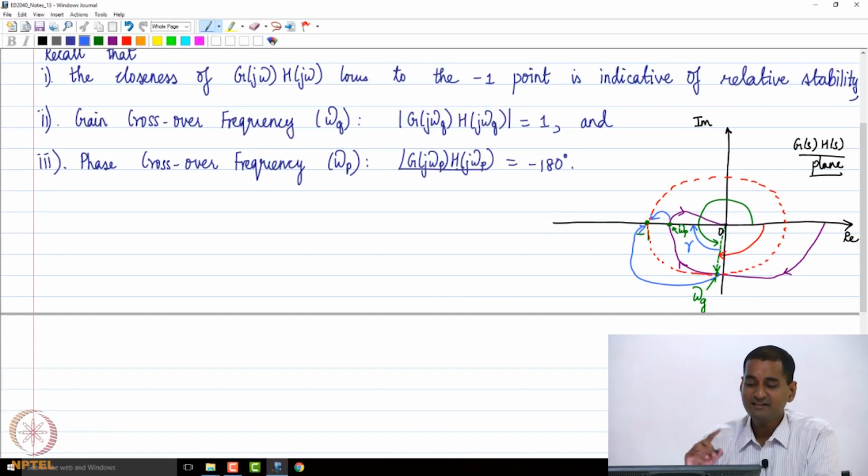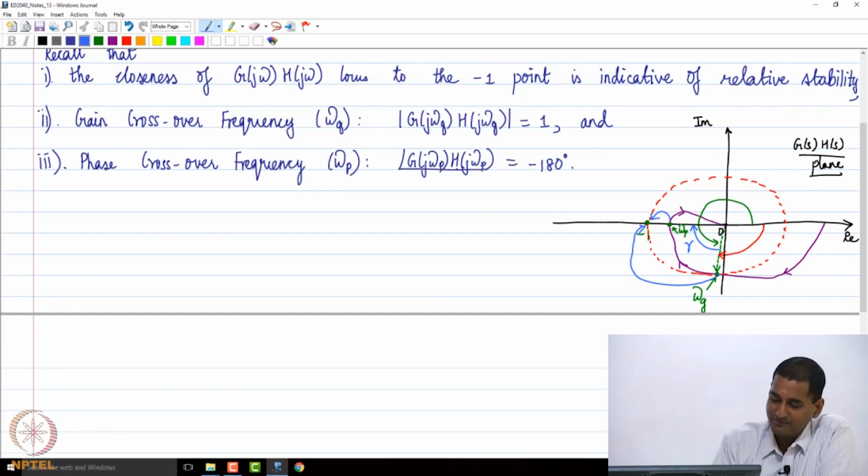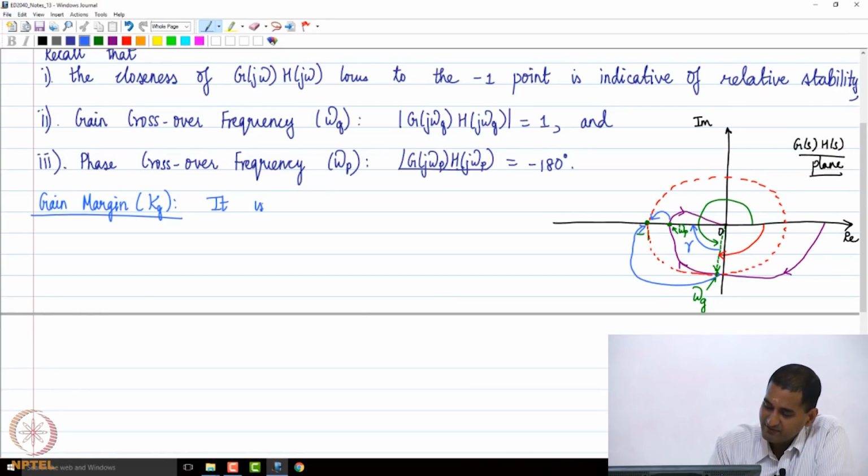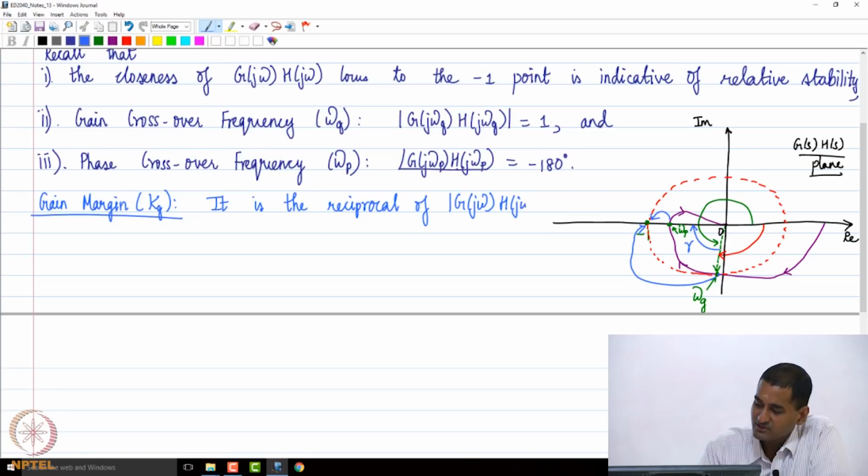So, this leads to two definitions. That is what I am going to write down. We will refer to this figure once again. So, the gain margin K subscript g. Let me write down the definition, then we will figure out why it is defined the way it is. It is the reciprocal of the magnitude of the open loop sinusoidal transfer function g of j omega h of j omega at omega equals omega p,